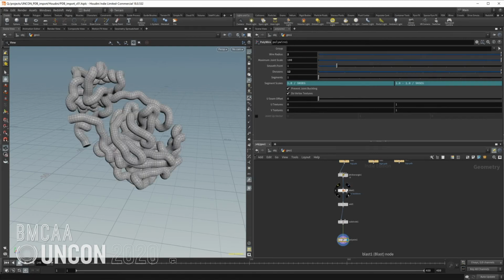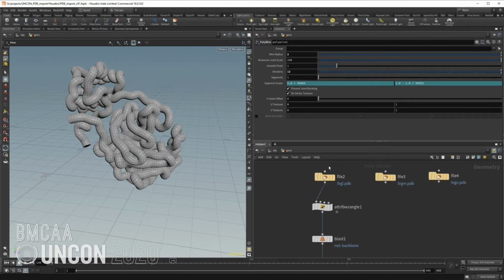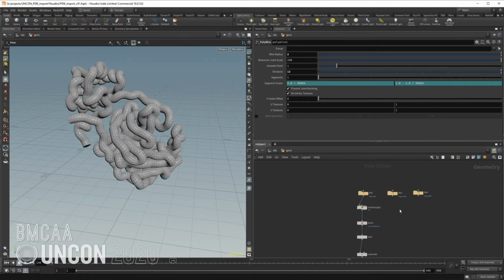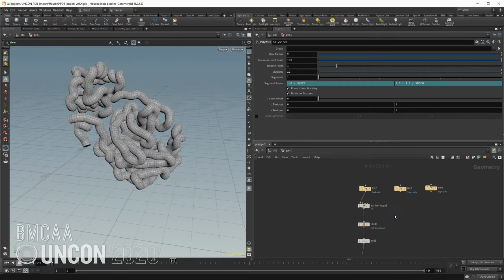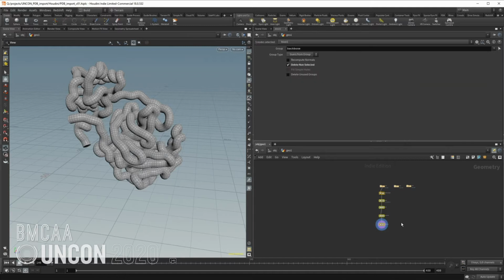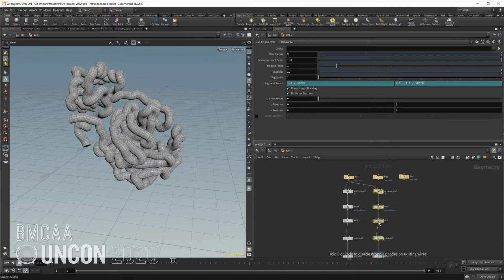But one of the really neat and efficient things that you can do, let's say you don't want to have a look at this structure. Instead, you want to have a look at this one. You don't have to do all of that again. You can either just connect your new structure that you want to look at into the first node, and there you go. That's all it is. Or what you can do is just copy these across, wire them up,